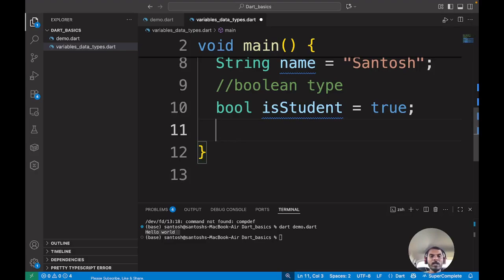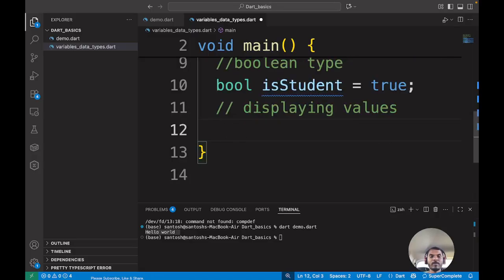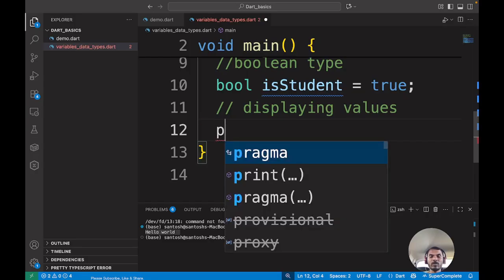Now we'll display these different data types. Just give the comment displaying values. So here we print all these values. So just type